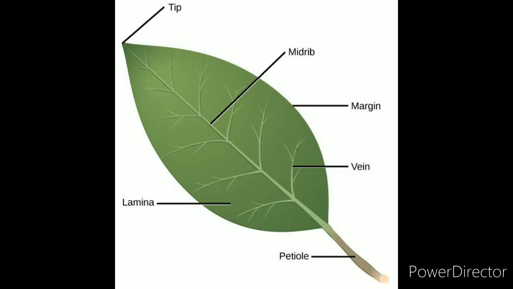The next one, we have parts of a leaf. So let's see what are the different parts of a leaf. Look at the long slender shape, this is known as petiole. Okay, and this petiole further elongates into a midrib, and this midrib further divides into the small veins, and these small veins are also known as side veins of a leaf. Okay, and even veins. Clear? And the broad thick part of a leaf is known as leaf blade or lamina, and the outer line of the leaf is known as margin.